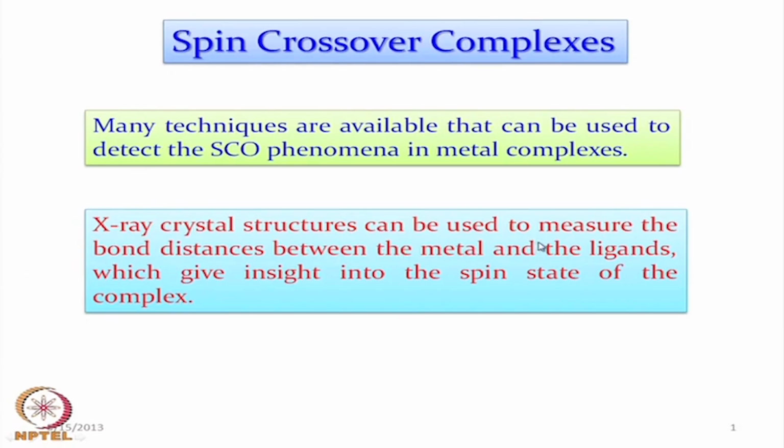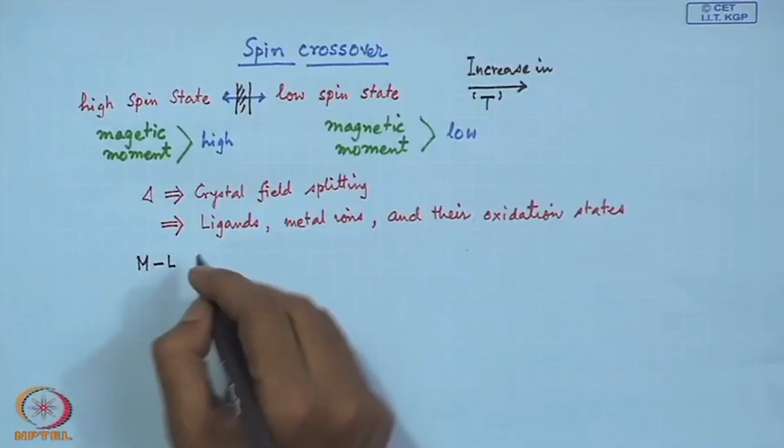because in crystal structure determination we find that the single crystal X-ray crystallographic data can be useful to find the corresponding bond distances between metal and the ligands. That means the M-L distances, we can find the corresponding bond angles as well as other metric parameters related to the corresponding metal complex. So once we determine the metal ligand distance, it gives insight into the spin state of the complex. That means when we find out precisely the M-L values